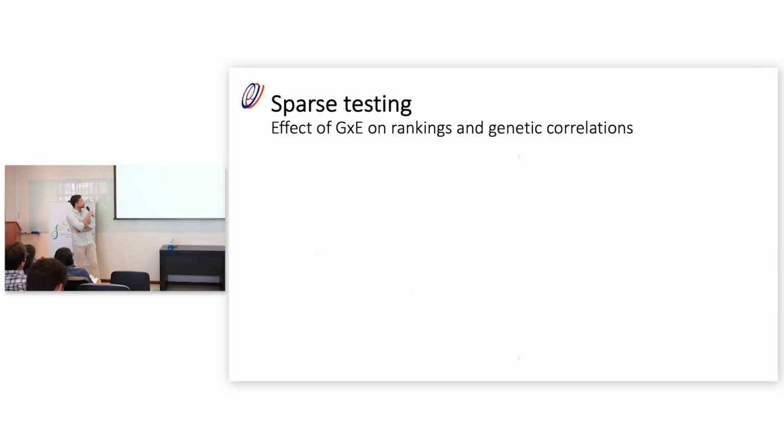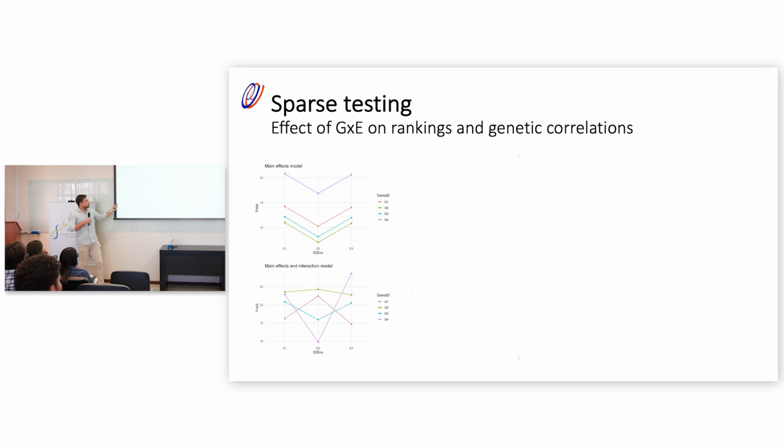And here we can see this with an example. This is simulated data. So imagine a world without G by E. This is how a world without G by E looks like. We have environments, environment 1, 2, and 3. You can see that environment 1 and environment 3 are kind of better, favorable environments with a higher mean. And we have 4 genotypes. But see how the lines are parallel, meaning that the genotypes are behaving the same. So genotype 4 is the best in all the environments. There's no selection here. You will just go with genotype 4. So according to this, if we compute the genetic correlation between the environments, we get a 1 because the rankings are the same.